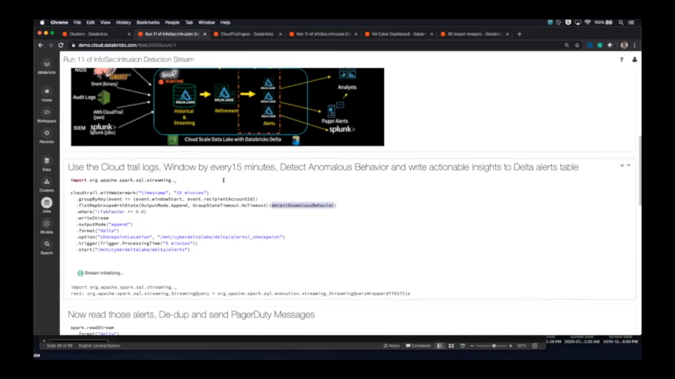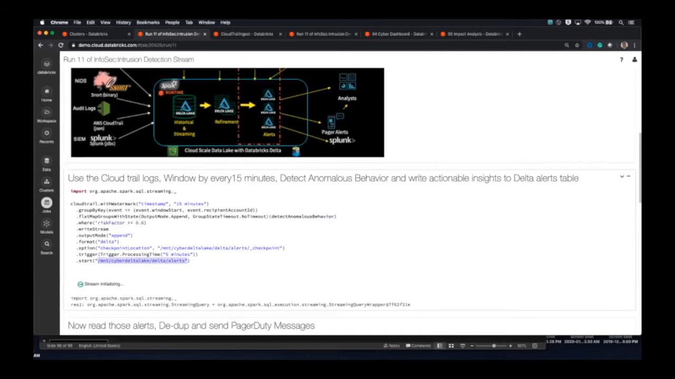So I'm windowing by every 15 minutes. I'm looking for anomalous behavior so that, at a certain risk factor with a probability of 60%, I want to generate this alerts Delta table. So we are continuously looking at these events and generating these alerts, right? These alerts can go into dashboards, and the summaries can go into your other traditional SIEM tools. To complete that loop of taking data from your SIEM tools, collaborating with everything else out there in your network infrastructure, and then pushing down some summaries to your SIEM tools,